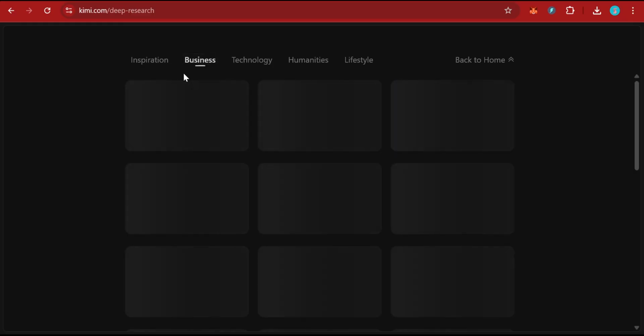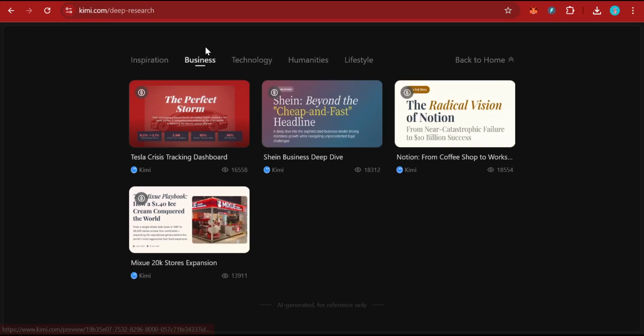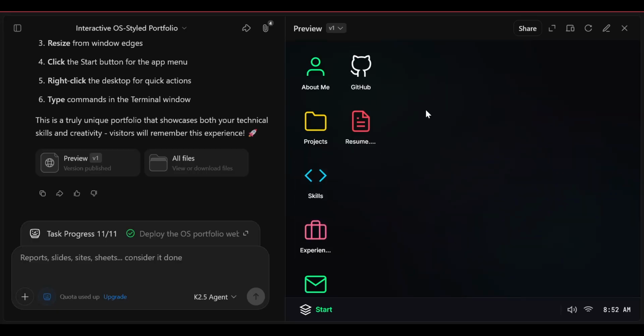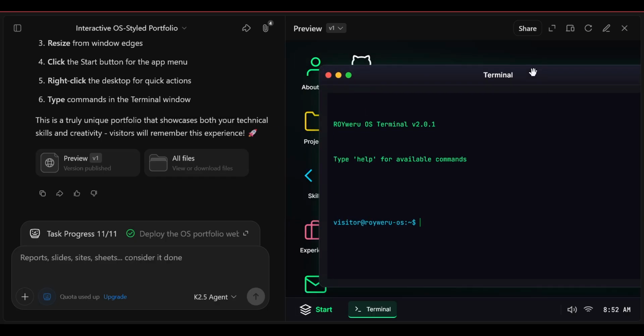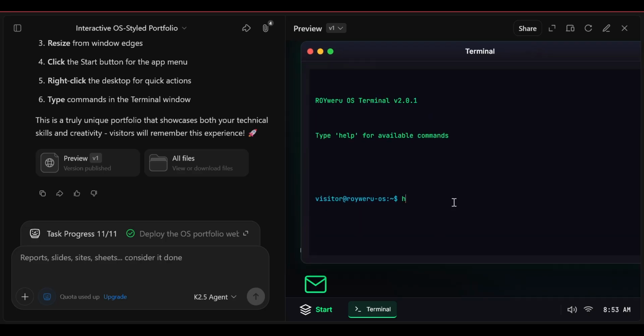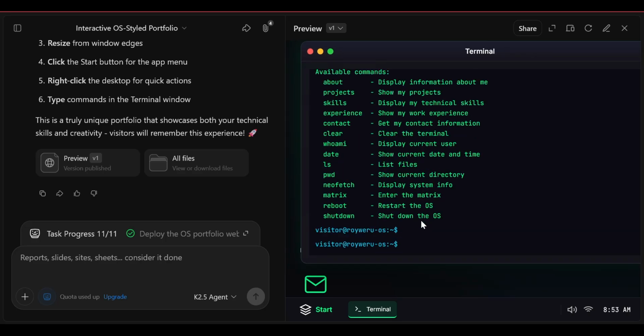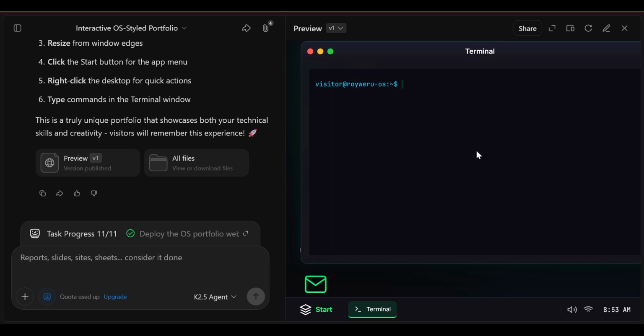And if you're not familiar with this tool, well, I'm going to walk you through some of the most crazy features that come with Kimi K2.5. This model has been created by Moonshot AI, and by the end of this video, you're going to wonder how you ever worked without Kimi. So let's dive in and see some of the